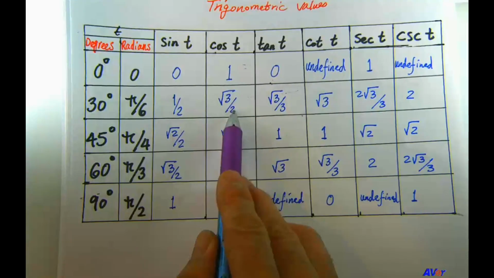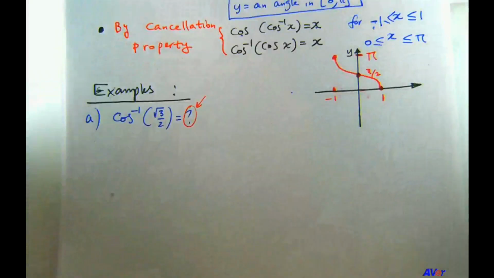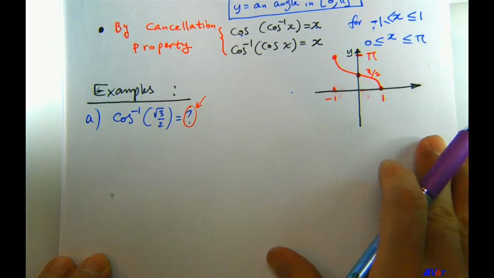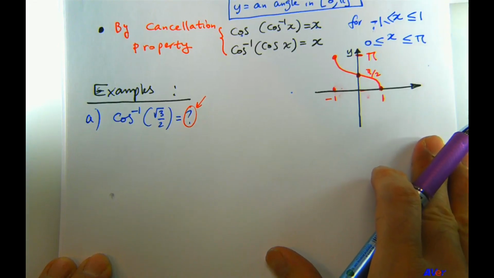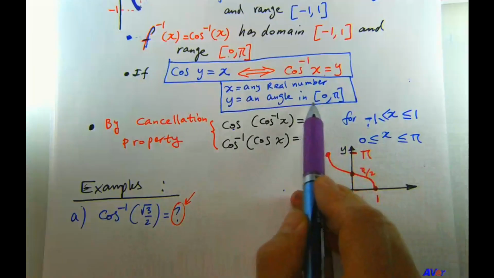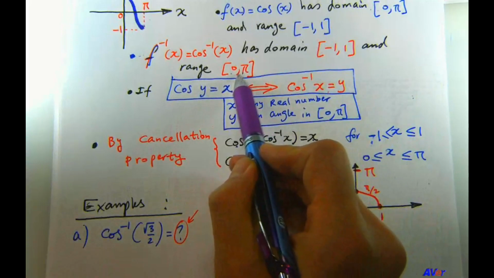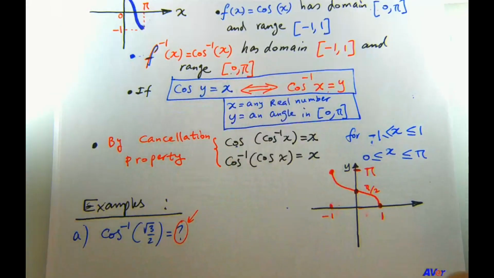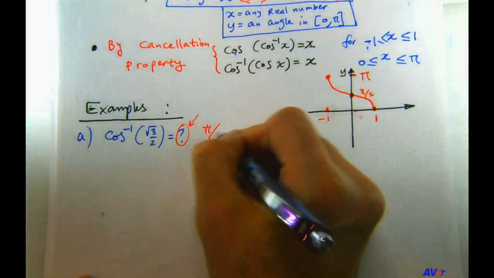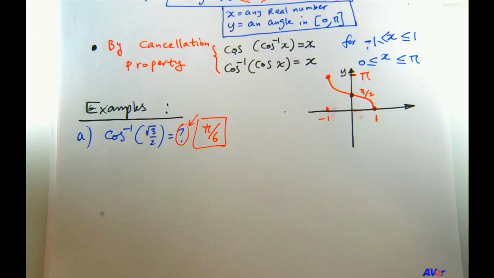Cosine of 30 degrees is square root of 3 over 2, and it's positive, and that's pi over 6, which is within this range. Okay, so it is within 0 to pi. So it's equal to pi over 6. Okay, so B,